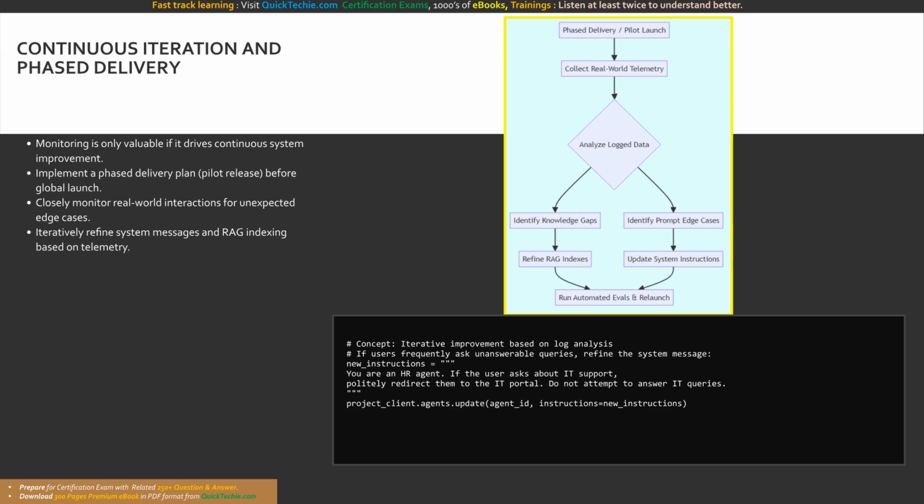You must closely and obsessively monitor actual usage patterns during this initial phase, as real-world users will inevitably ask questions entirely differently than your carefully scripted test scenarios anticipated. Some questions will hit obscure edge cases you never prepared for, or reveal critical missing gaps in your managed knowledge